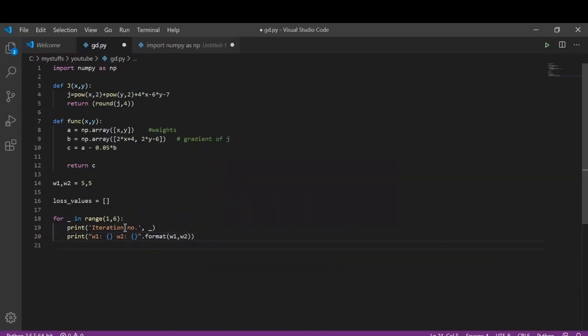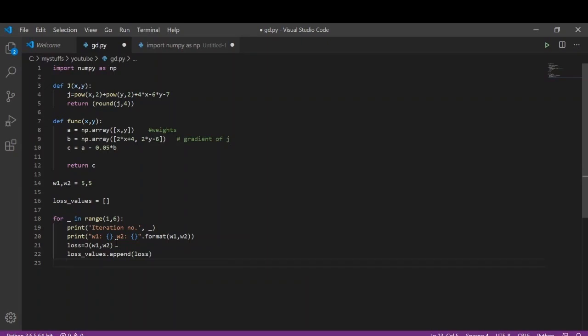And then we'll calculate the loss value by passing these two weights W1 and W2 to the loss function J. Once we have calculated this loss value, we'll append it to the loss values list so that we can keep track of the loss values, to see the different loss values for different weights.